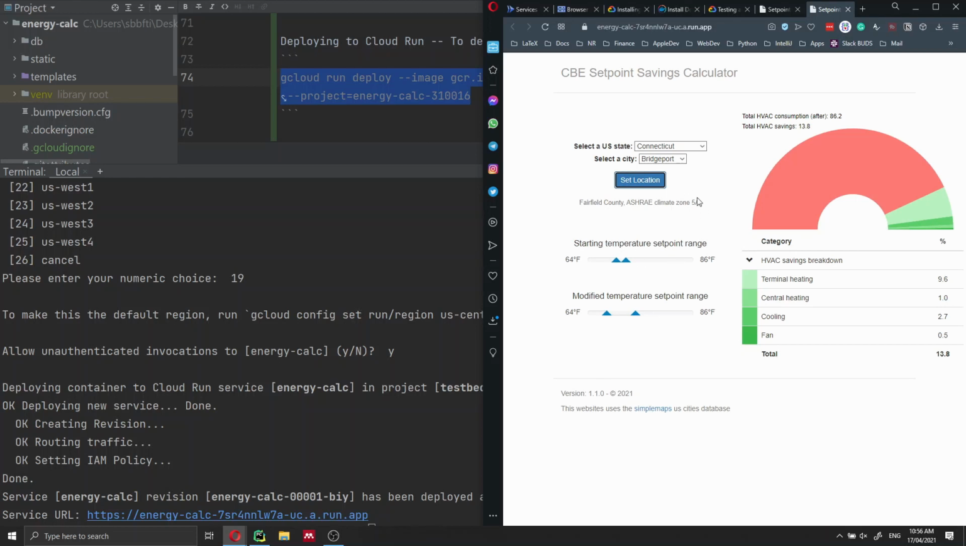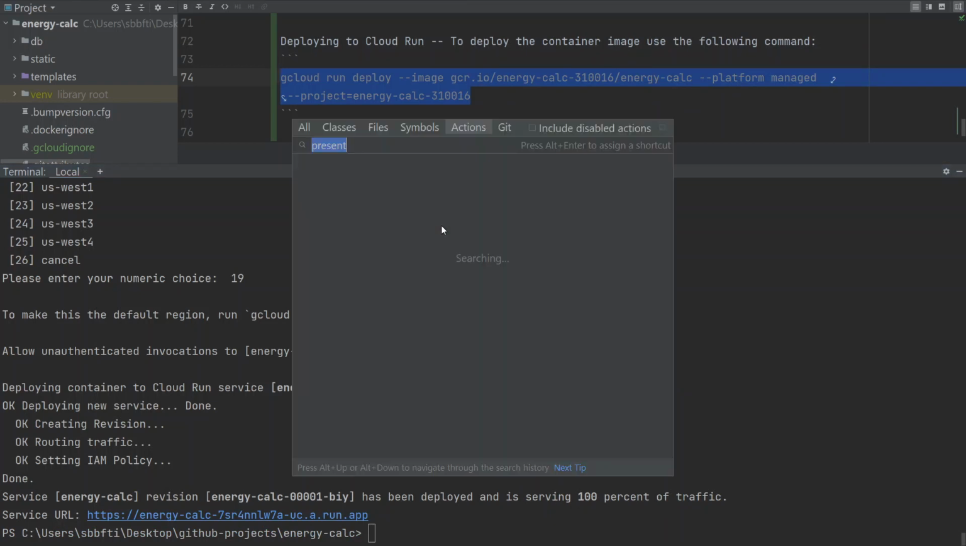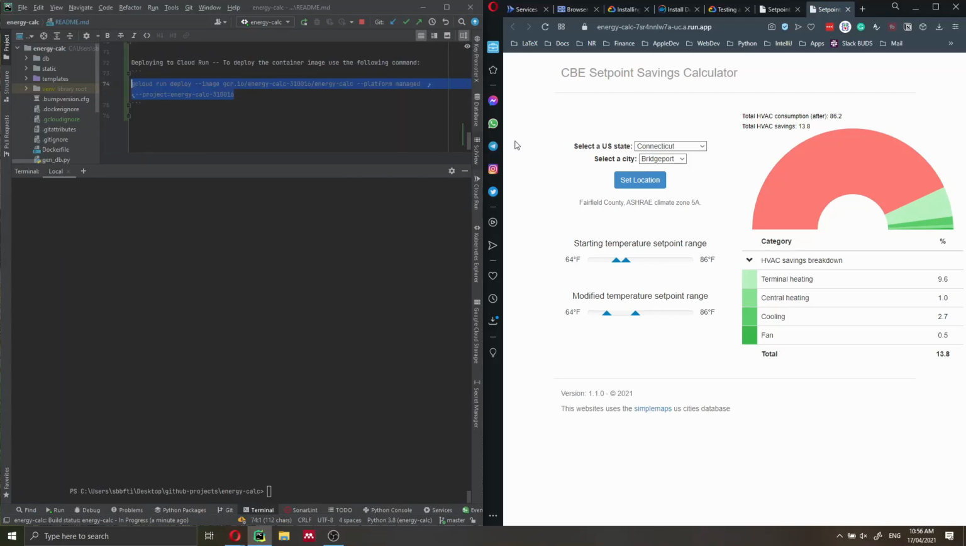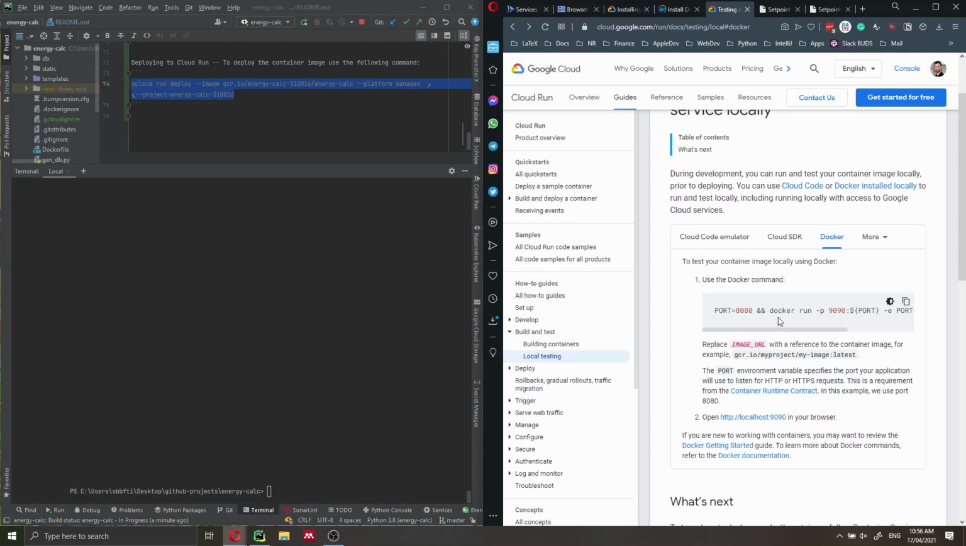Great. The last thing that I want to show you, because I mentioned it before, is how you can test your application locally if you don't want to use PyCharm and the Cloud Run plugin. So let me exit the presentation mode here. We can also test locally that everything is working,